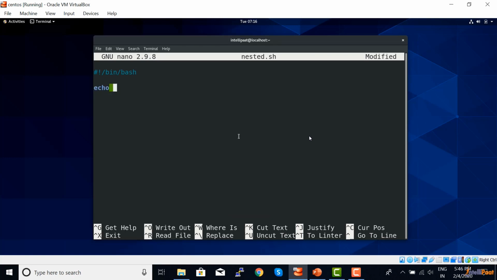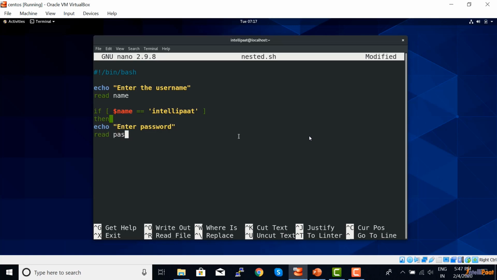Now echo enter a name, enter the username, and read name. If $name is IntelliPat, then another if condition, then if $name is correct, then echo enter password,